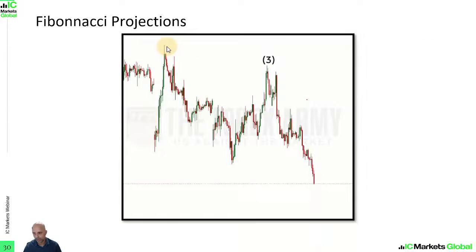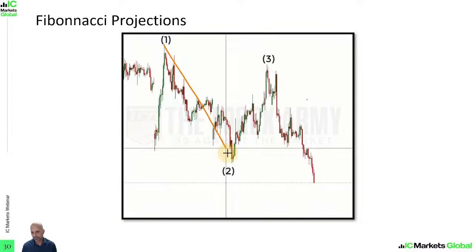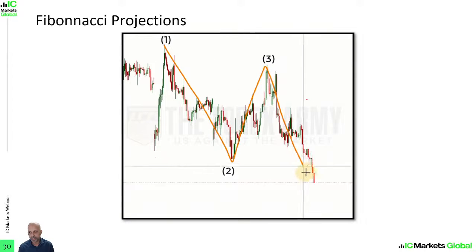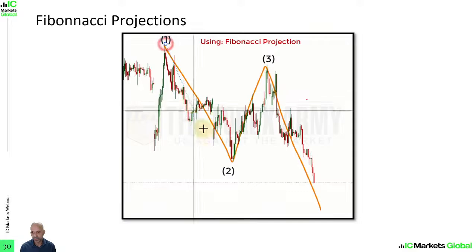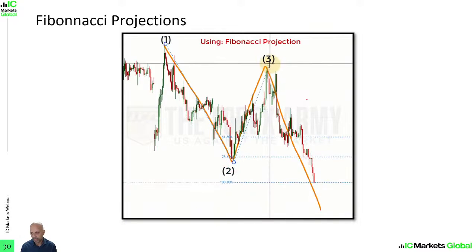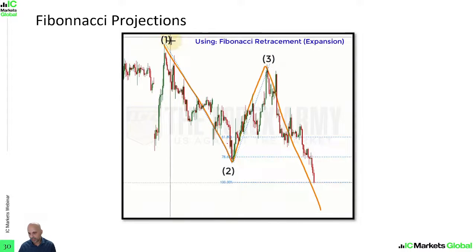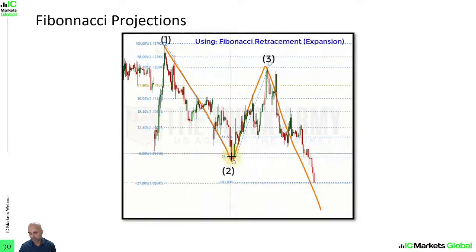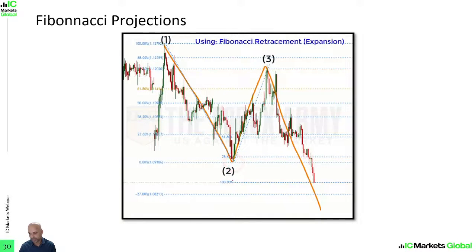Right, so we'll go on and see in this GIF here. Remember, Fibonacci projection uses the extension tool that involves 3 points. We start at point 1, going down to point 2, and end at point 3. You can see the key projection levels lie at 61.8%, 78.6%, and 100%.